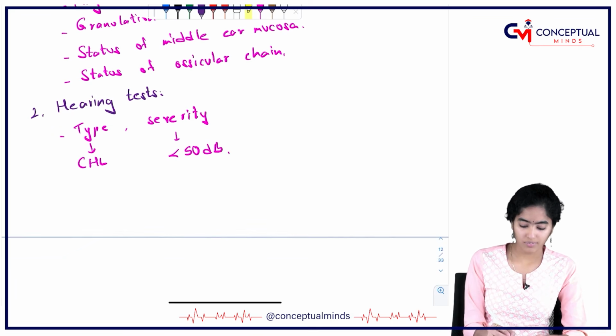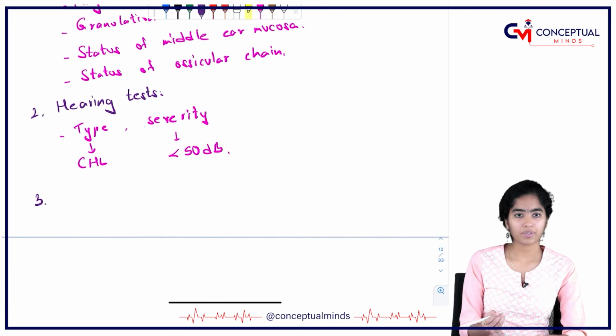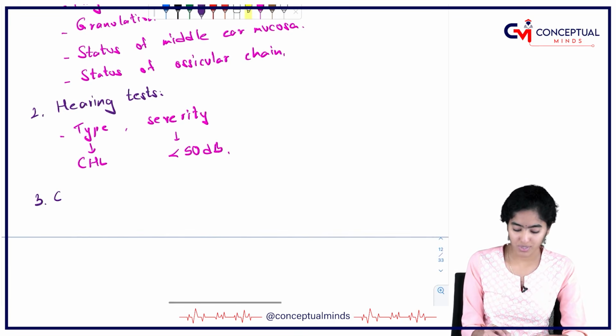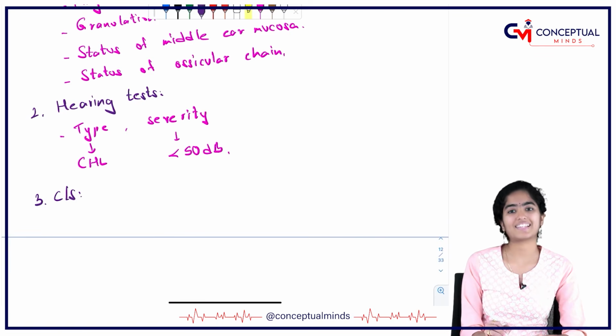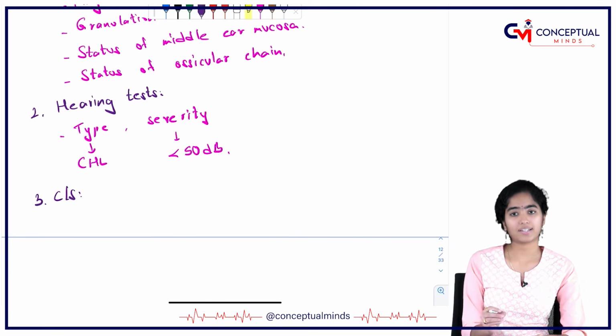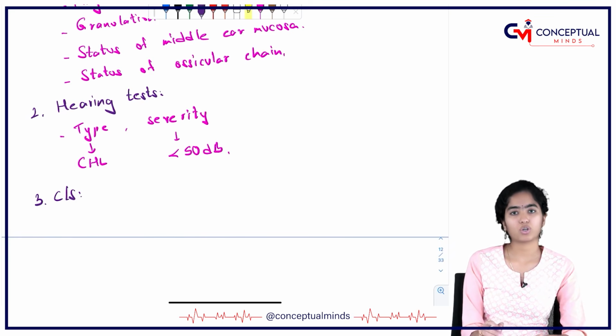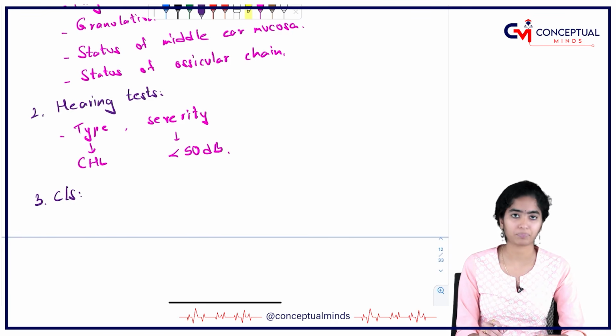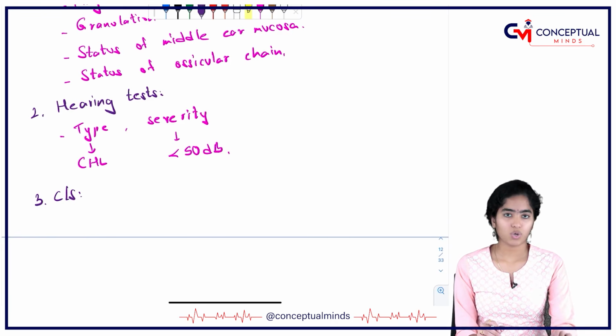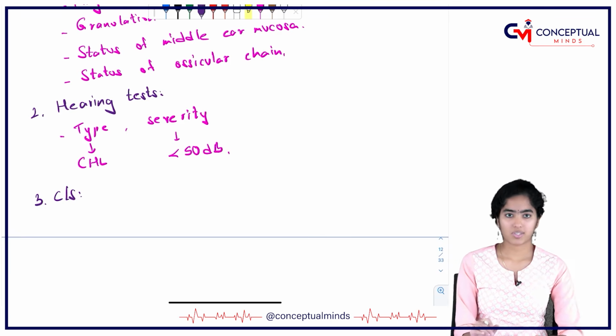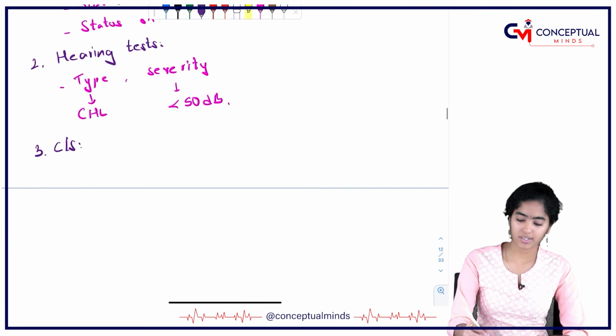Then we have already collected the swab from the discharge. We have to send that to culture and sensitivity. This will help us in identifying the microorganism that is causing the infection, and it will also help us in identifying the antibiotics that we have to prescribe. Now, CSOM could show mixed cultures. All types of organisms are possible, aerobic, anaerobic, or even mixed cultures, but the common ones that are usually seen are